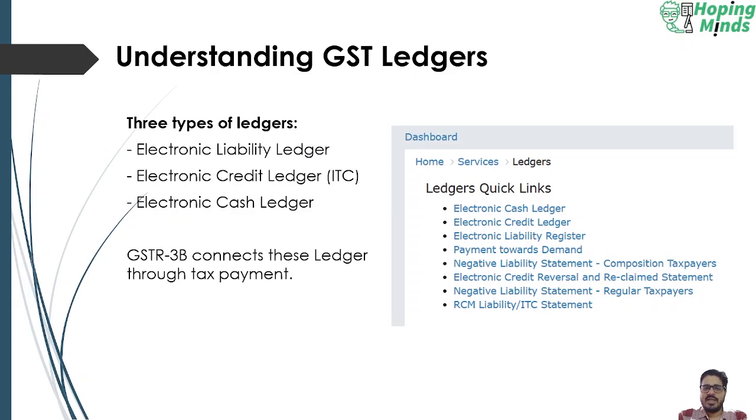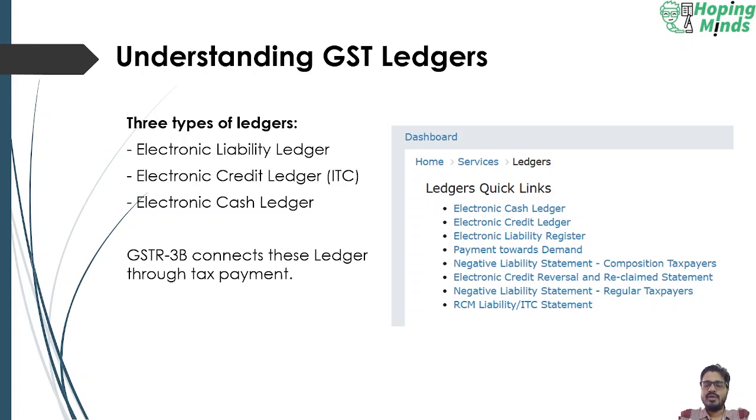What are the GST ledgers? There are three electronic ledgers that are maintained on the GST portal. First one is electronic liability ledger, then electronic credit ledger, and finally the electronic cash ledger. The electronic liability ledger reflects the outstanding tax liabilities of the taxpayer. At the time of filing of GSTR 3B return, the moment the output tax liability is ascertained, the liability ledger gets debited